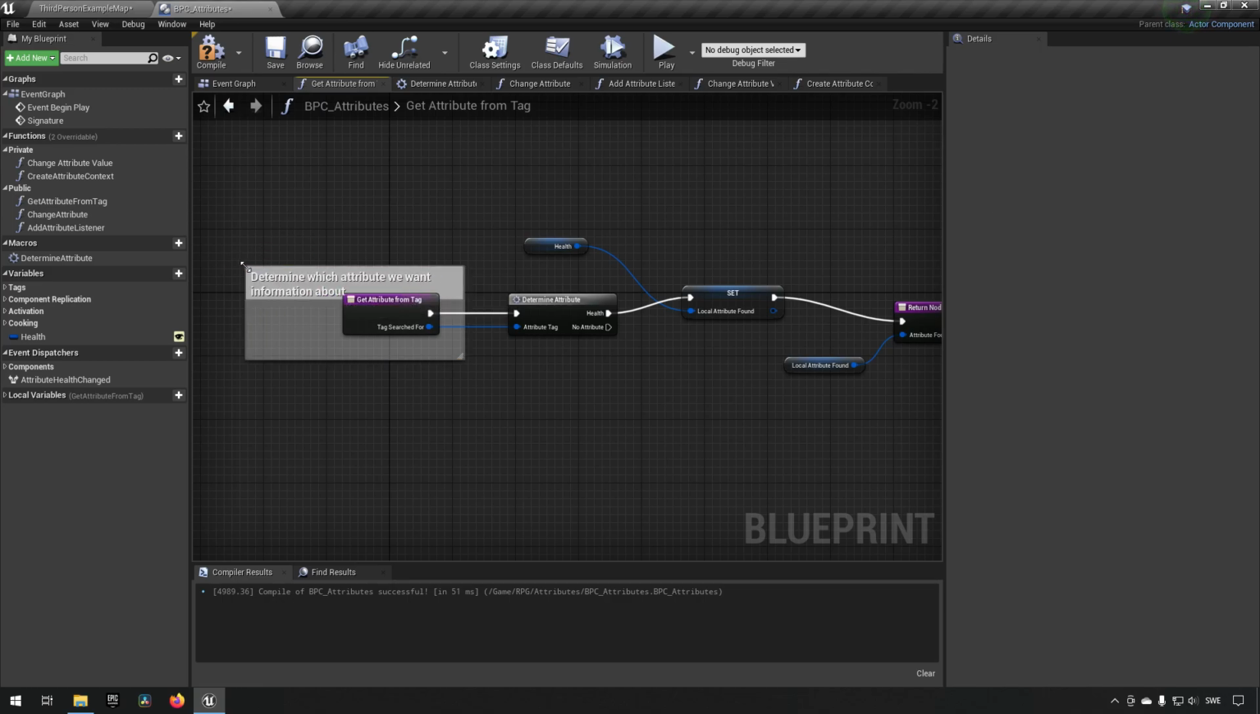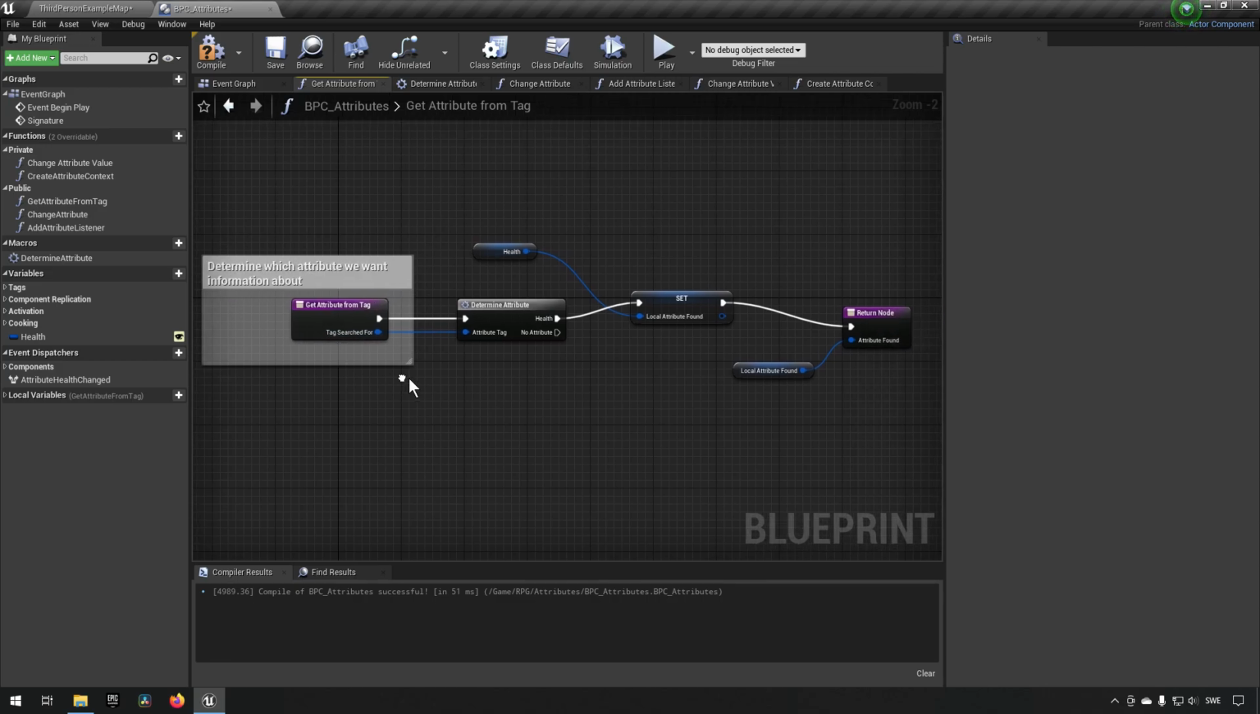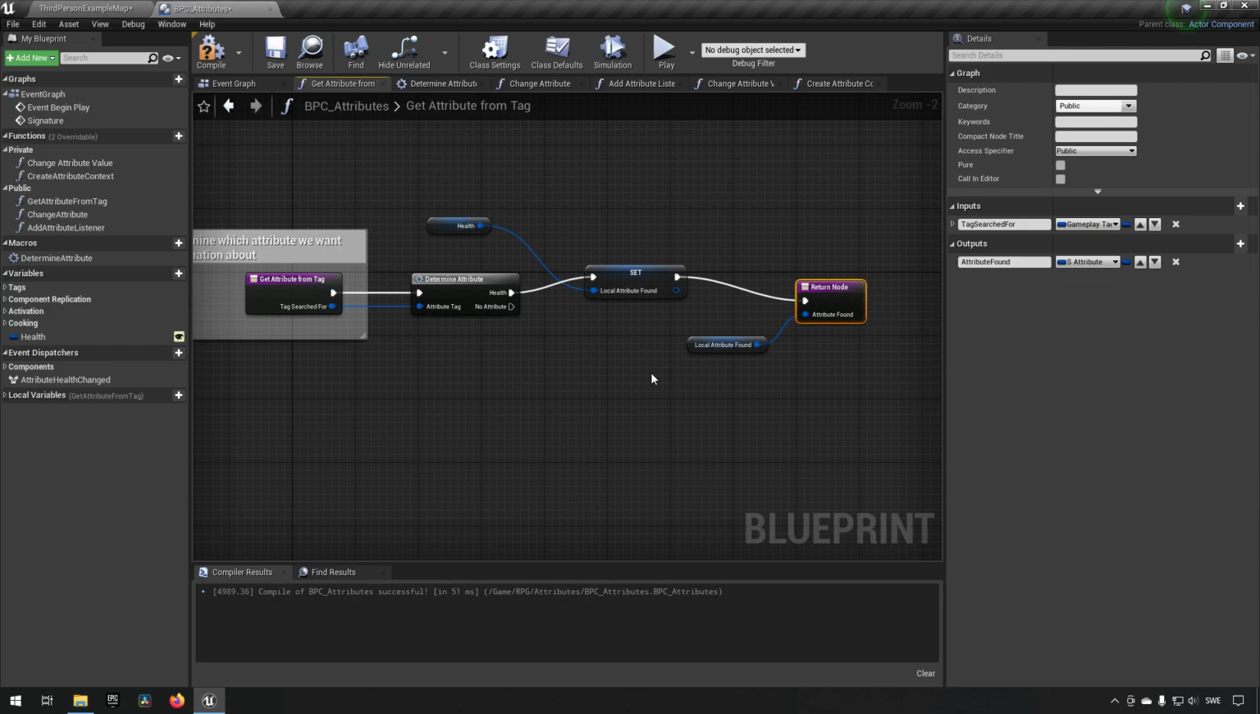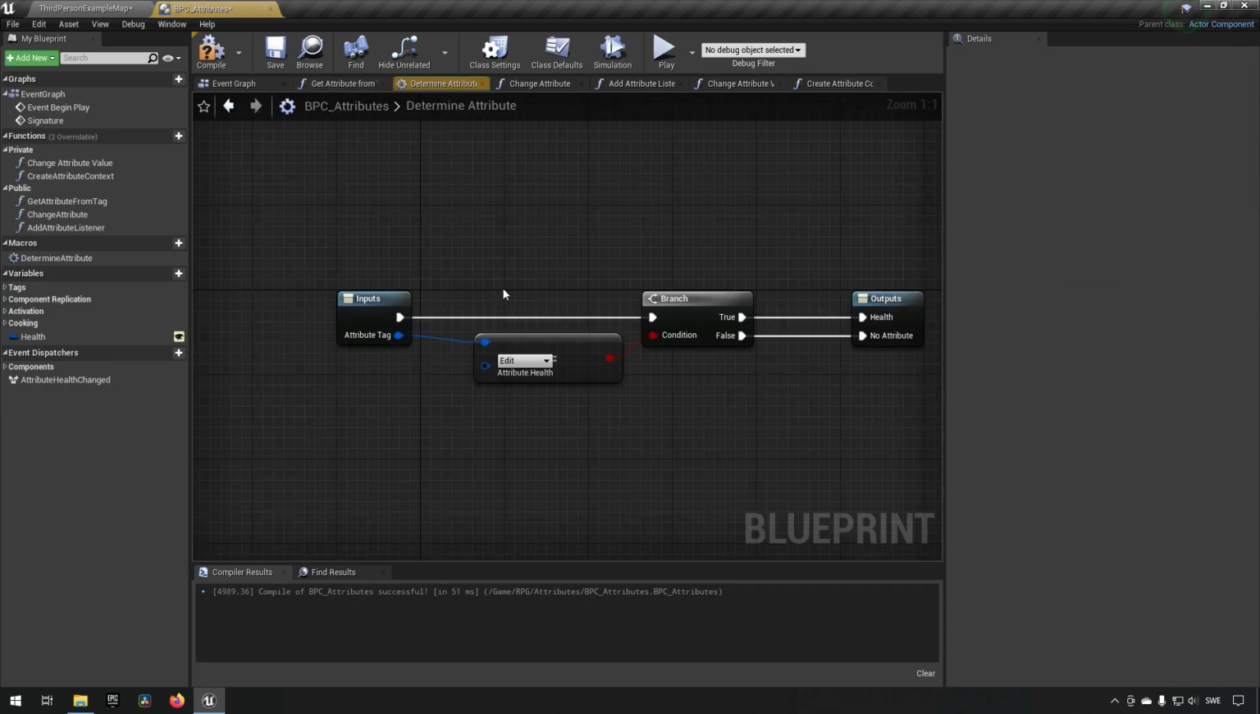Come on, you can do it. Okay, well, that's fine, I guess. That'll be okay. Because in this part we're determining the attribute and then we're setting it as a local attribute and then we're just returning it. Let's go into the